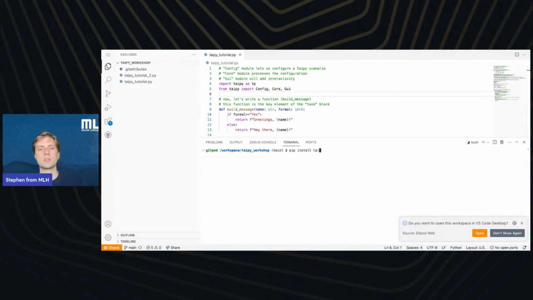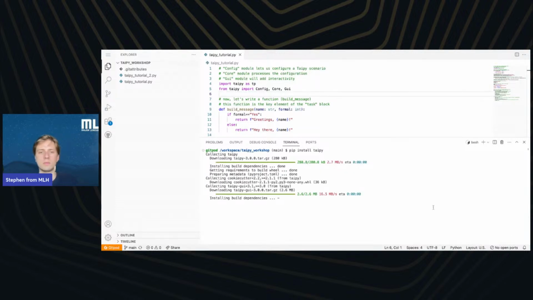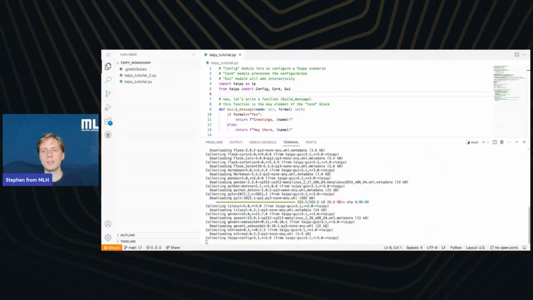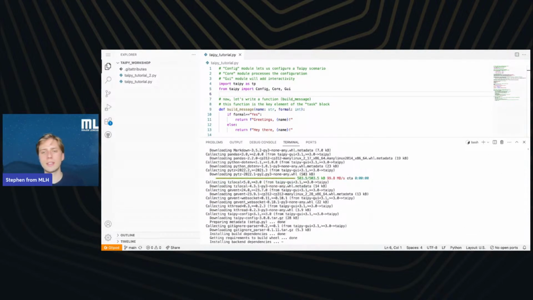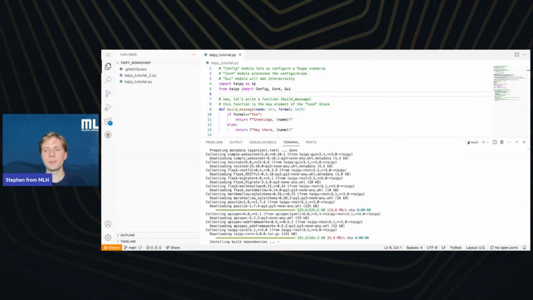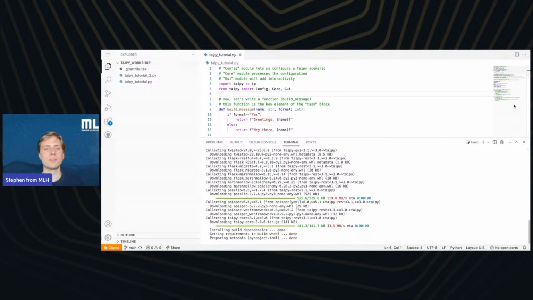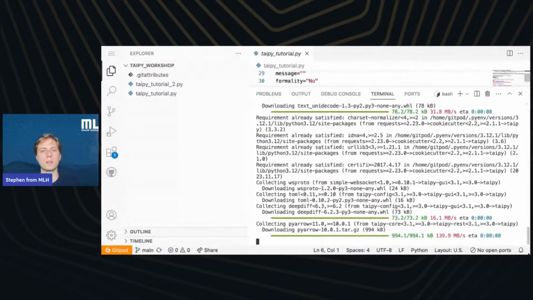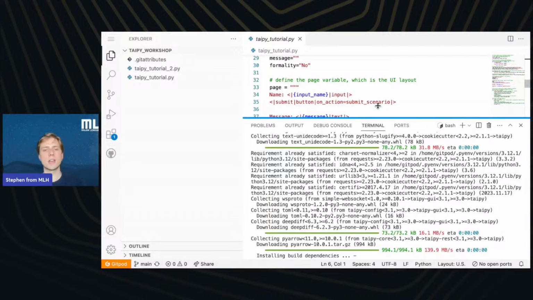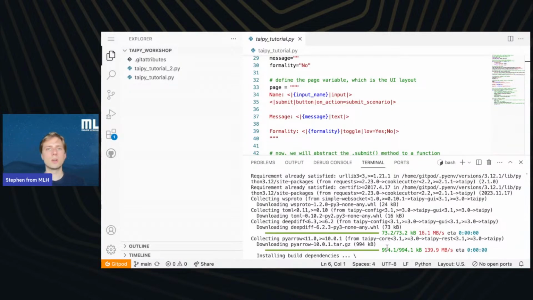So you can type pip install Taipy. Hopefully you can all see this. It's a little bit small. Sorry about that. Let me shrink this down for you so you can actually see what's happening on my computer. All I did was type pip install Taipy, just like I was talking about earlier.